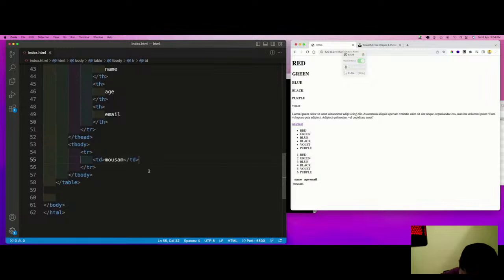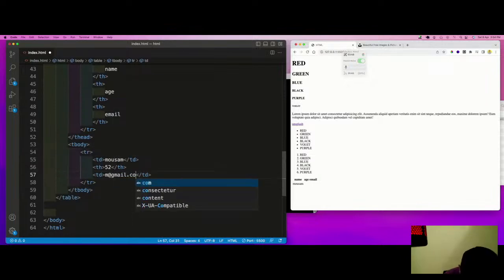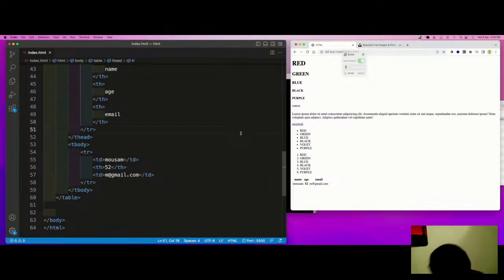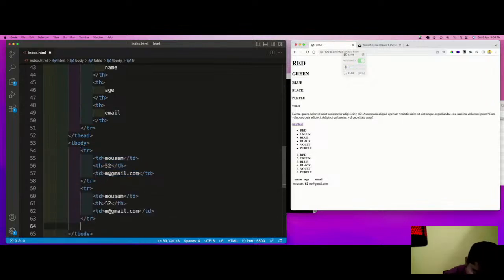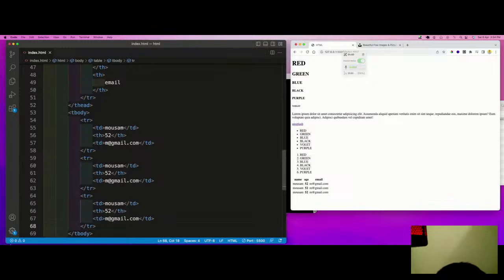So one second, td age is 52, td email at the rate. So that is how it goes. Let's say if we have multiple rows, we can have this particular thing like that. So it is very simple.